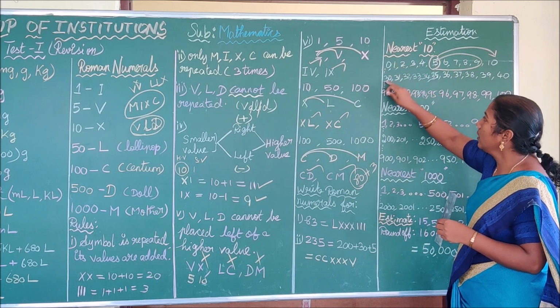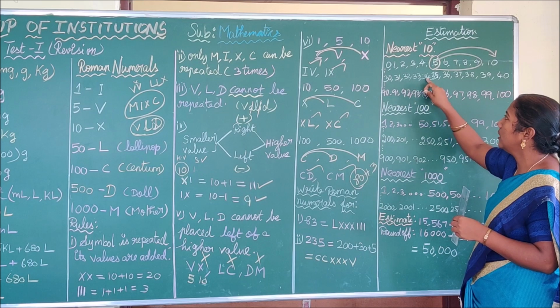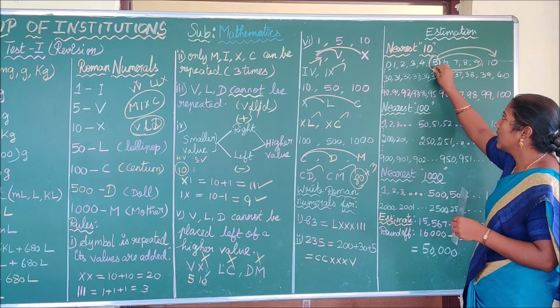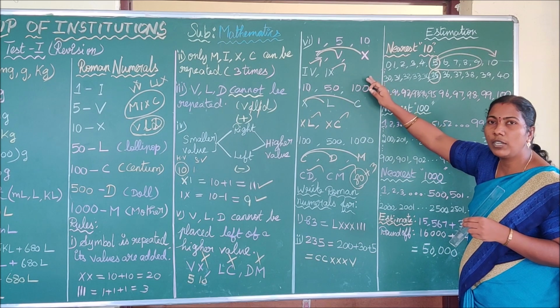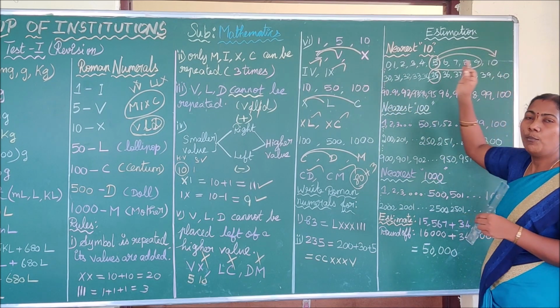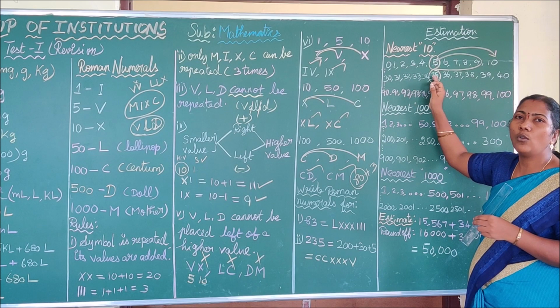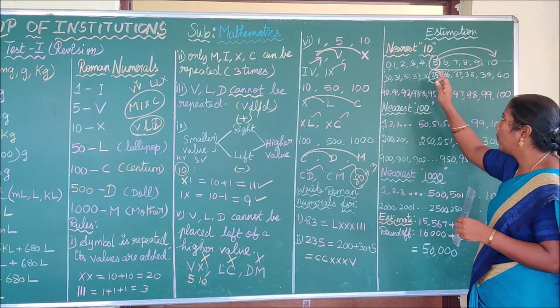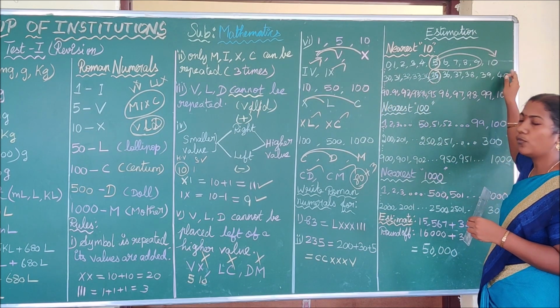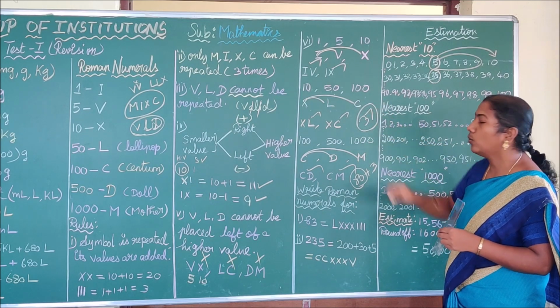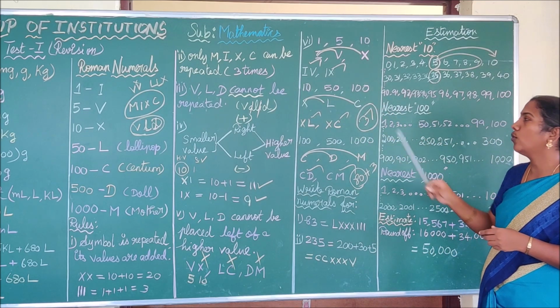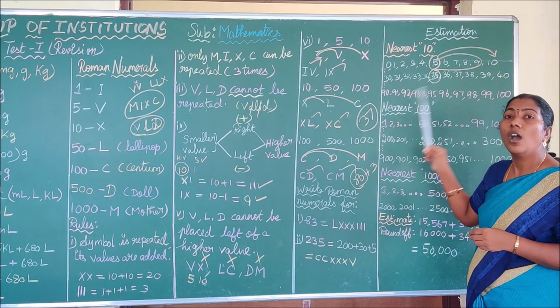Here I am extending 30, 31, 32, 33, 34. Okay. Here the center value is 35. Here we are considering the 10 set of numbers, that is between 30 to 40. Before 35 you have to round off to 30 and from 35 you have to round off to 40. Suppose in the question paper they give 37 and ask to round off to the nearest 10, you have to round off this 37 to 40.